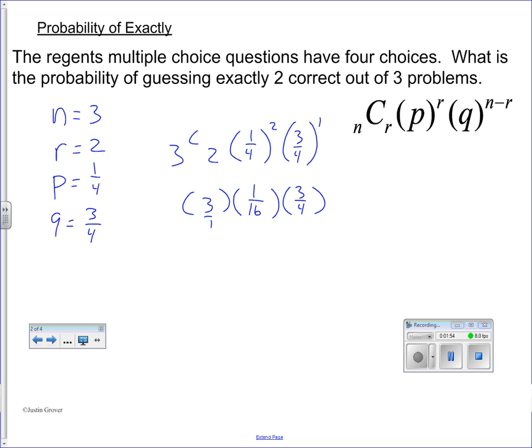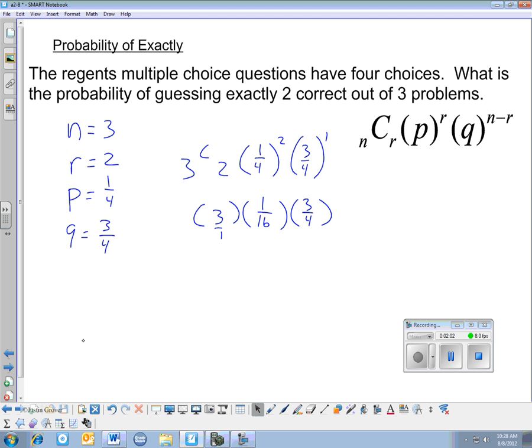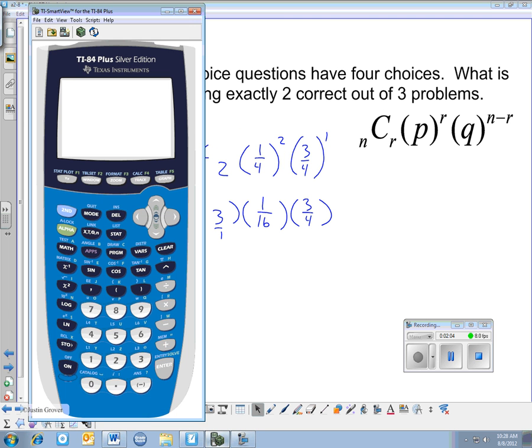Now I can type this all into my calculator. That we have 3 times 1/16 times 3/4. Let me get my calculator out. 3 times, and I have to do fractions in parentheses, 1/16 times 3/4. And we get a final answer of